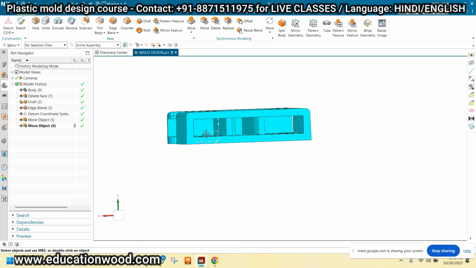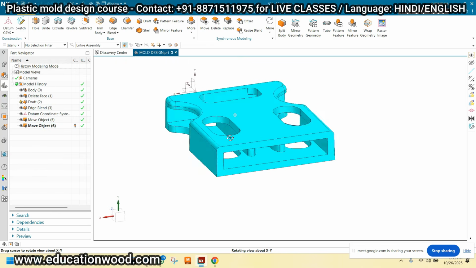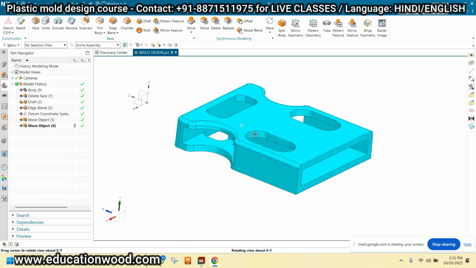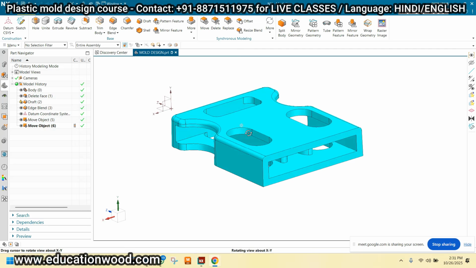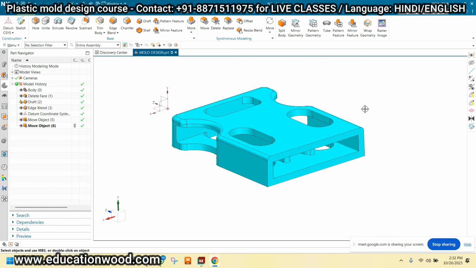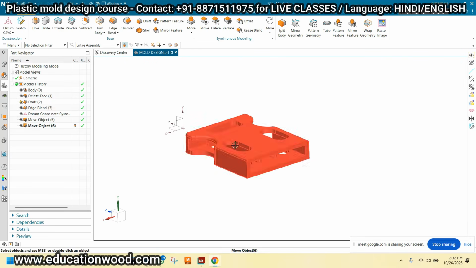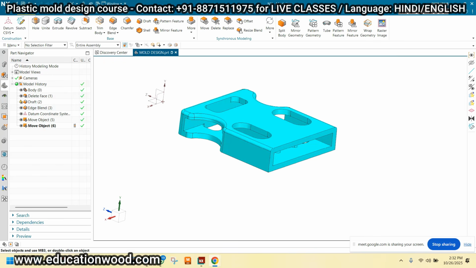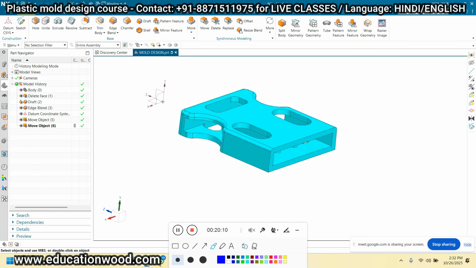So now, how much undercut does this component have right now? Tell me. Do we require a slider from here or from here? From this side? We need a slider from this side also?